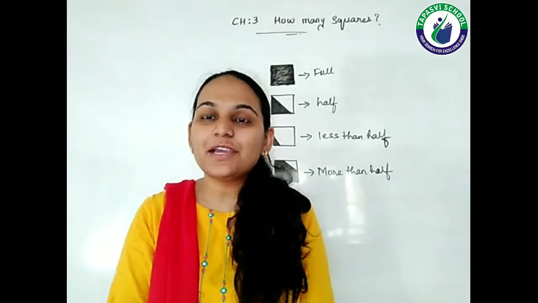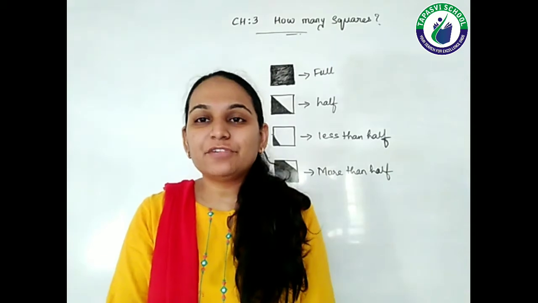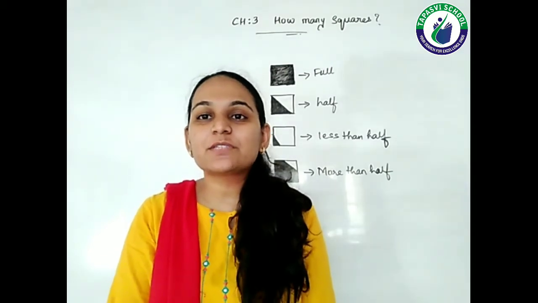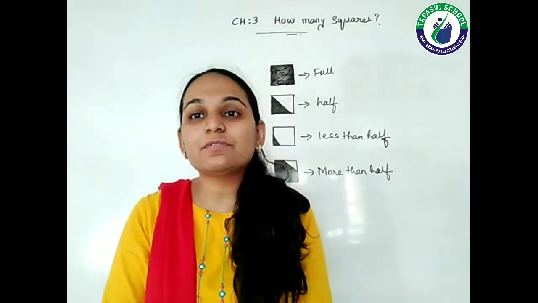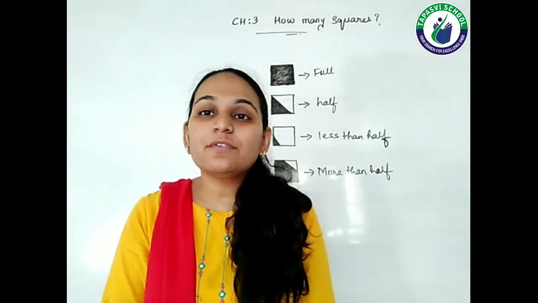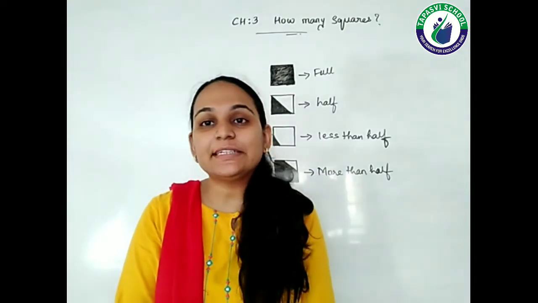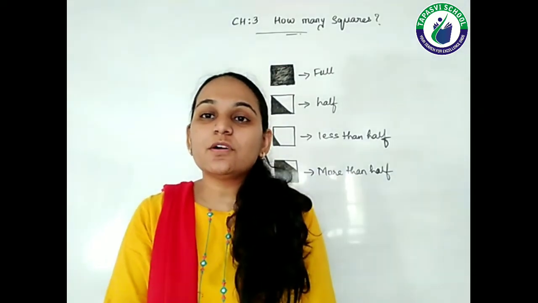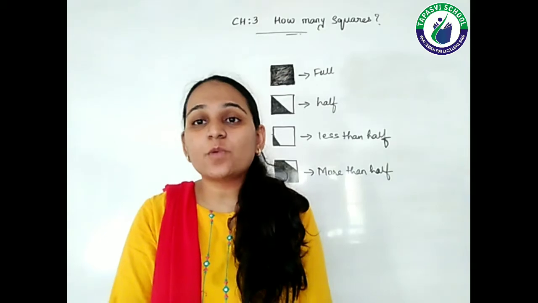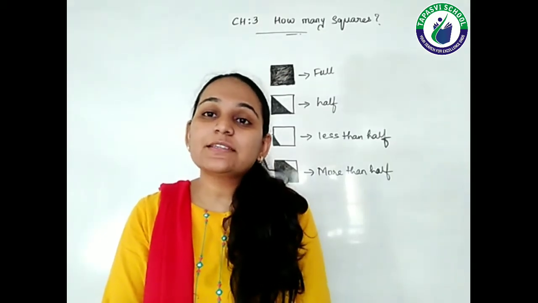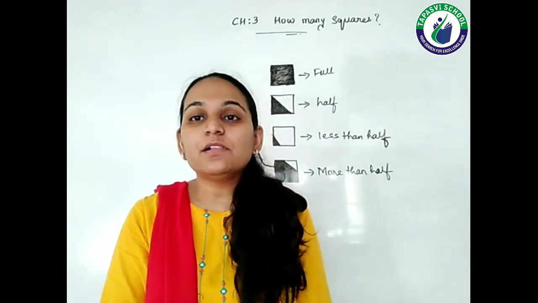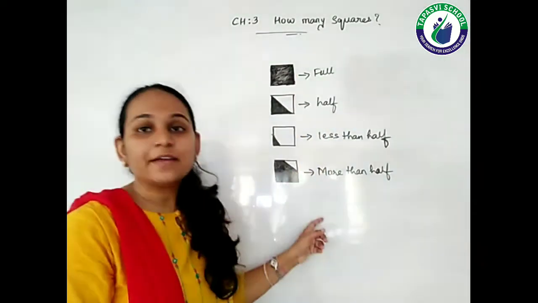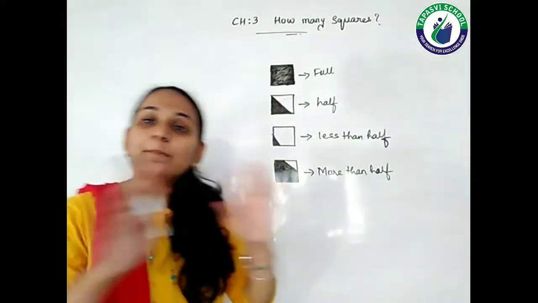Students, till now we have studied the definition of perimeter, then we have seen how to calculate the area by counting the number of squares in the given shape. Now we are going to see something different, that how much space is filled up in the square. Based on that we can decide the area of that particular shape. For example, just to see here, if your square is completely filled,